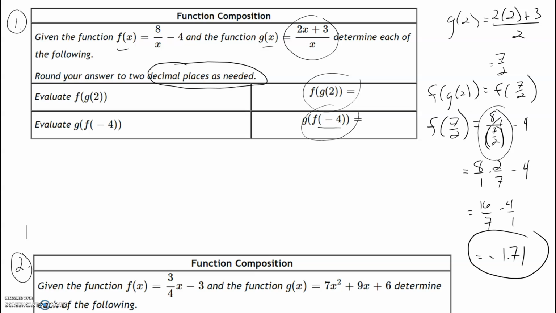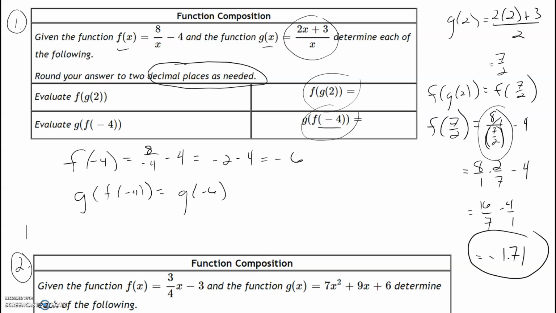g of f of negative 4. So first we calculate f of negative 4, which is 8 over negative 4 minus 4, which is negative 2 minus 4, which is negative 6. No decimal needed there. So g of f of negative 4 is equal to g of negative 6, which is